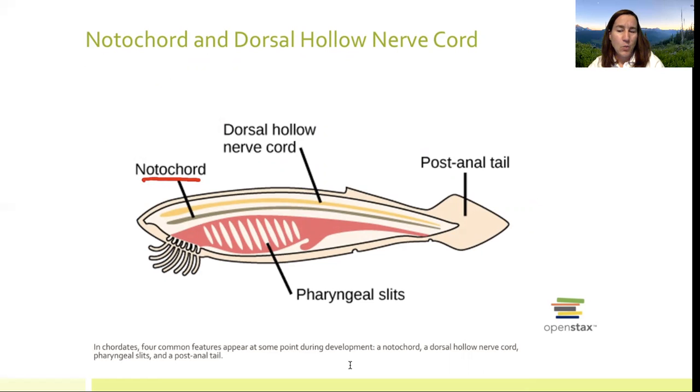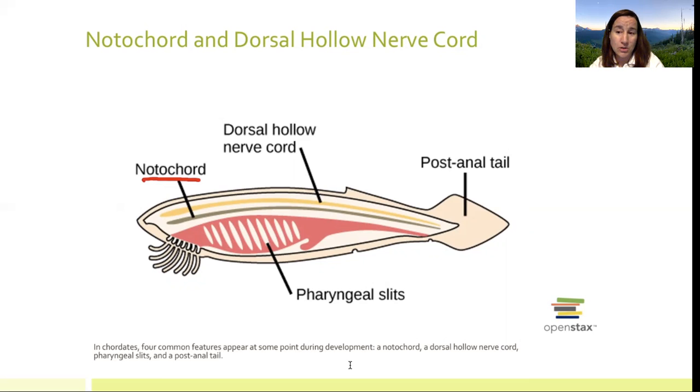So you and me, we have bones, right? We are vertebrates. We have a whole skeletal system that gives us structure. But before that was around, the notochord was around. So as we are developing in utero, we start off with a notochord, and then that notochord will devolve and